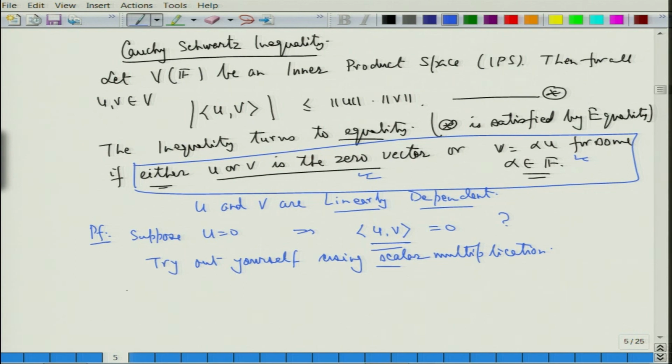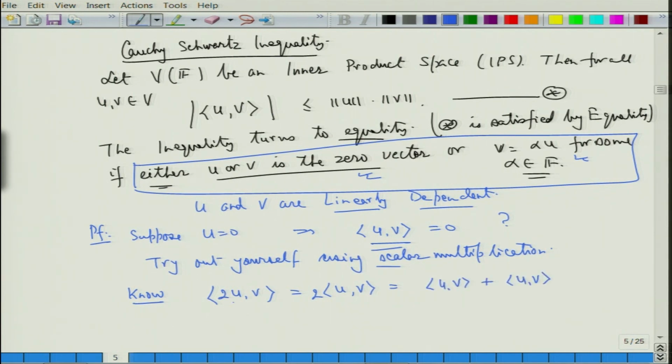So, what we know is 2 times the inner product of u and v will be equal to, what should I write, the same as the inner product of u and v plus the inner product of u and v,